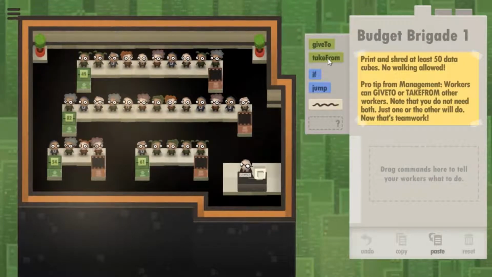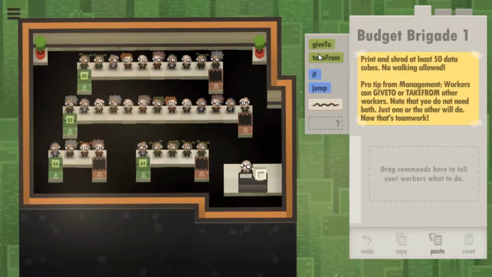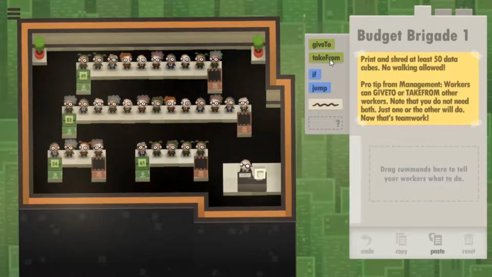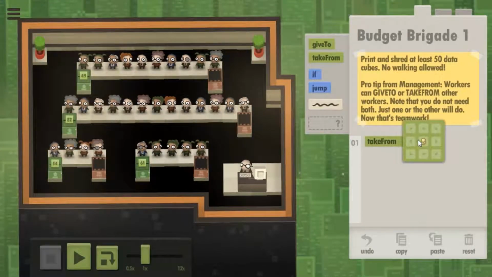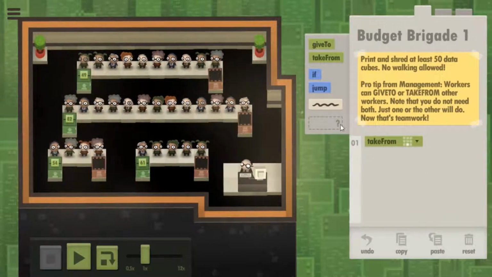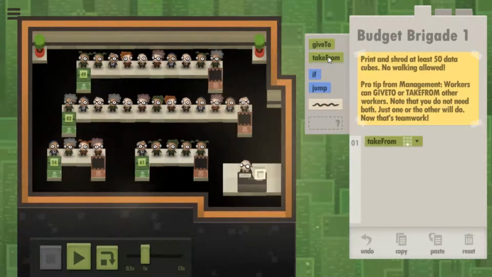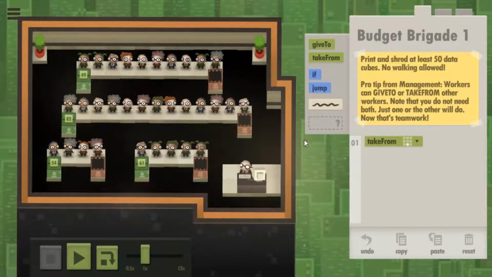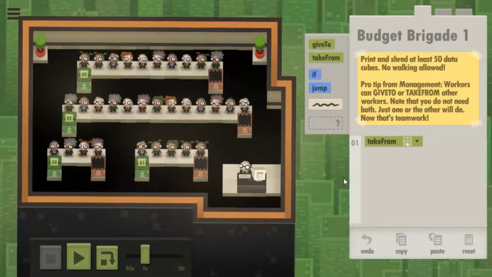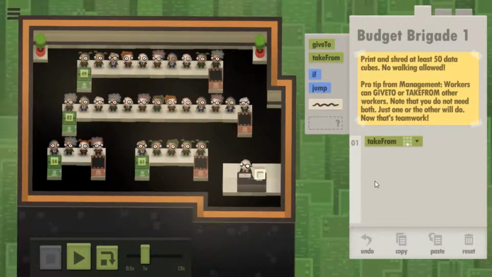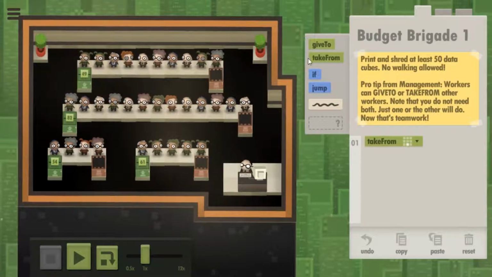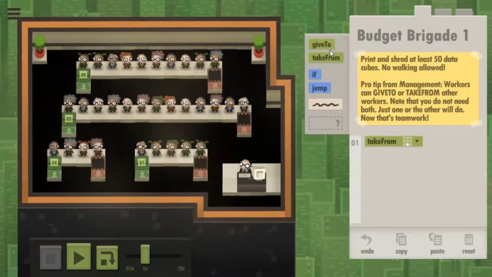Okay. Well, I'm just going to not even do an if statement because I don't think I need to. Because I don't think they're going to do anything if I don't. It's not like they'll dive to their death if you try and take from below and it doesn't do anything, so... Oh, but I do have to do one if statement, to make sure it's the person on the end that's putting the thing in the thing. Yeah, you need to check if there's a shredder below.